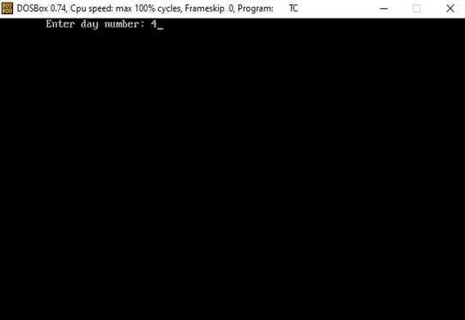Suppose we enter the 4 and press the enter key. Fourth day is the Wednesday because first day is the Sunday. So in this way we can display a day depending on the day number, written with the help of the else if ladder.